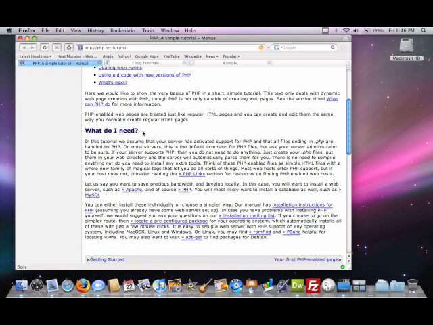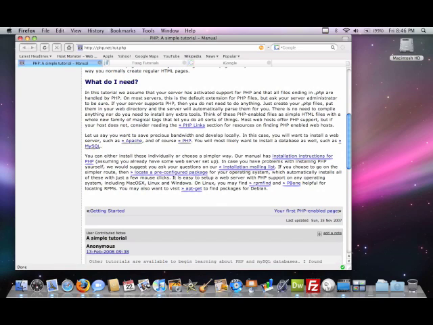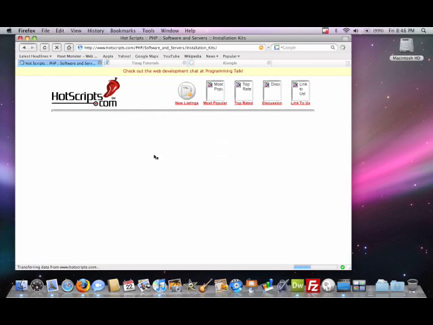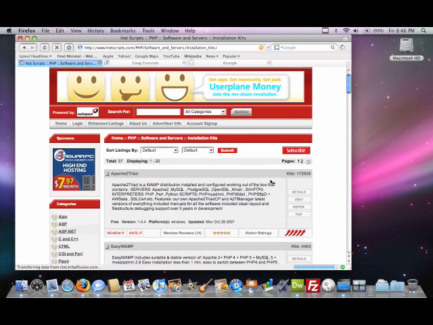What you want to do is navigate down to here where it says what do I need. This tells you what you need to get started. And if you actually go down to this paragraph right here, you can click on this link, which is locate pre-configured package. This is a really great link, even if you're a Windows user. Use this link because you'll notice these are a bunch of pre-bundled packages, and this basically tells you what all you're getting,